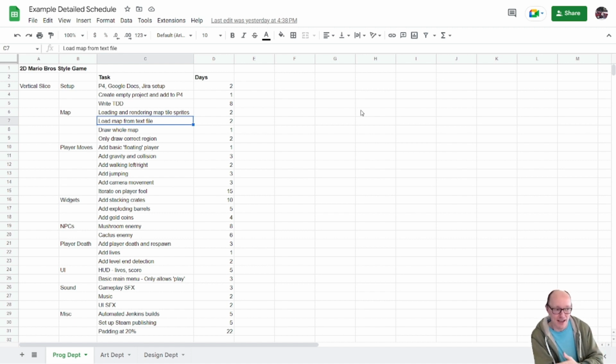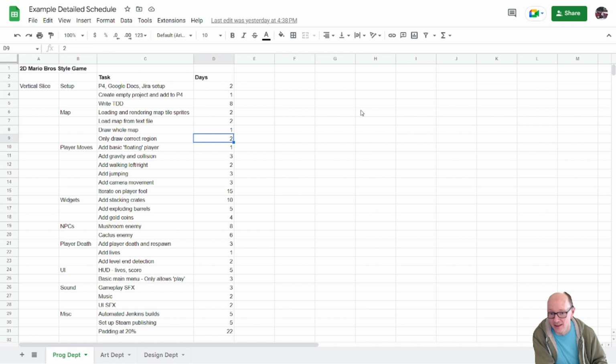So you're going to have your Mario Brothers style map just as ASCII text in a text file. We're going to load that, and then we're going to draw that whole map on screen, and then we're going to only draw the correct region that we're showing. So a programmer breaks down this list of, here's how we're going to get the map rendering.